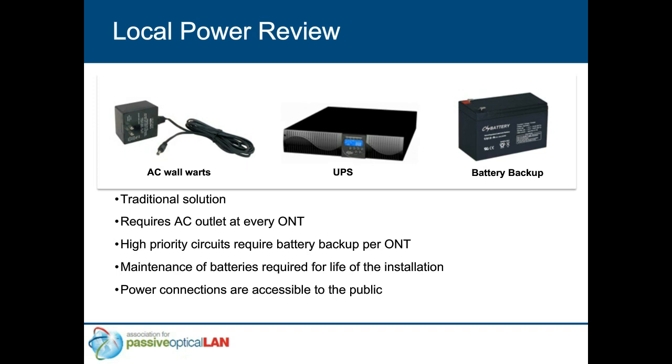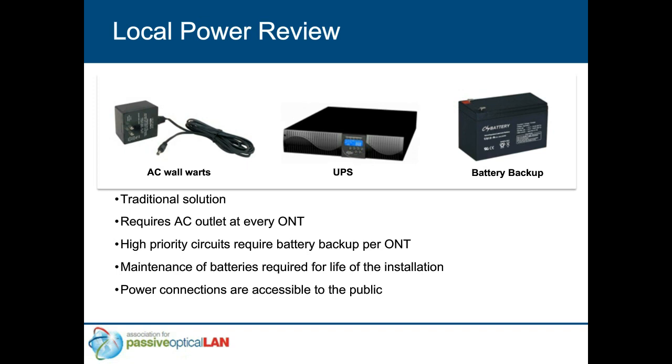This does complicate things because it requires you to maintain the batteries at the end of your network. And the other issue with local power that comes up sometimes is that the power connections are accessible to the public. This can also be an issue in the case of, say, hospitality, like a hotel room or in a school. So let's dive deeper now into the remote line power